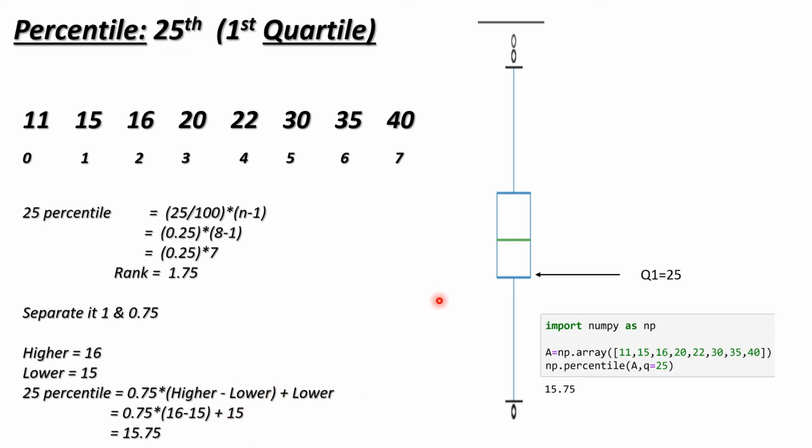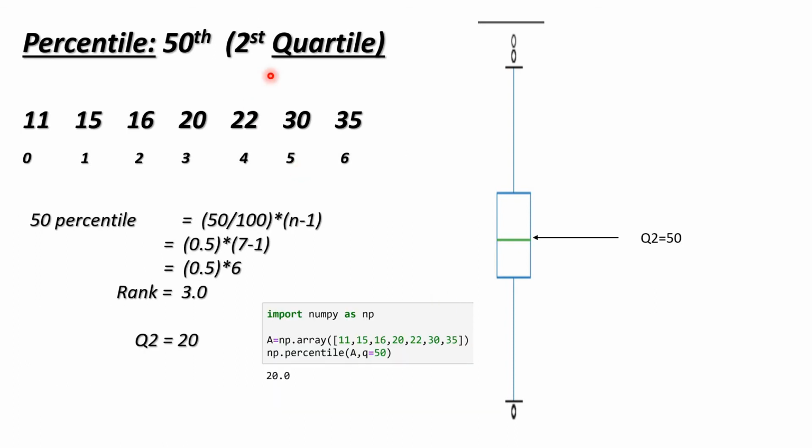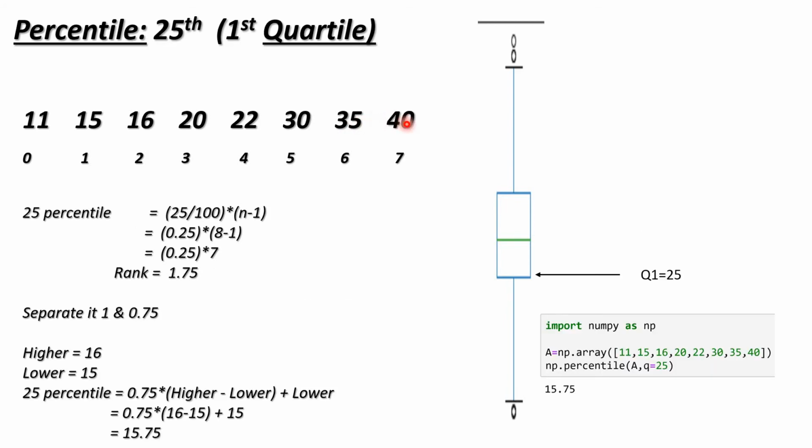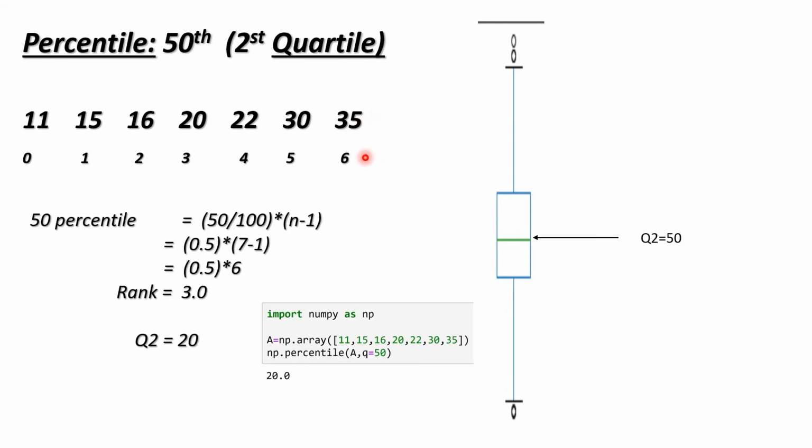Hope this will make sense, guys. And then in the next slide we'll see the second quartile. This is this one, right? This is the green line, the median line. We have this data point. Simply, I have removed one element, that is 40, this element I have removed over here, right? That means we have 7 elements. 7 minus 1, 1 2 3 4 5 6 7, 7 elements we have. 7 minus 1 is 6, means the index is 3. So we have index 3 over here.